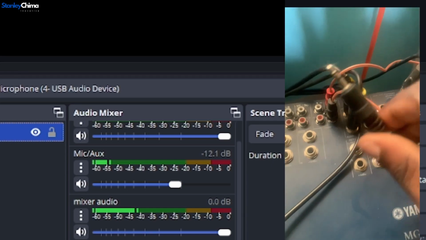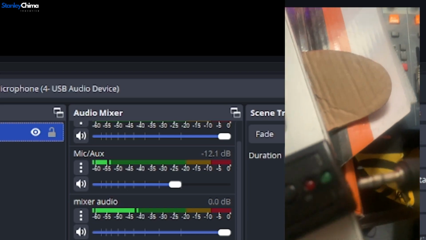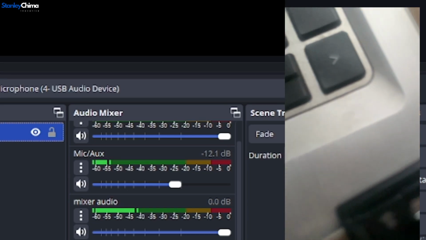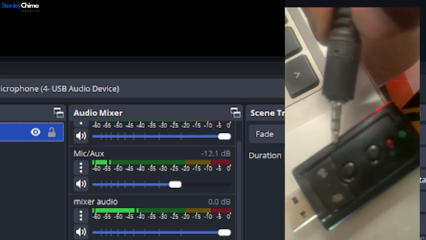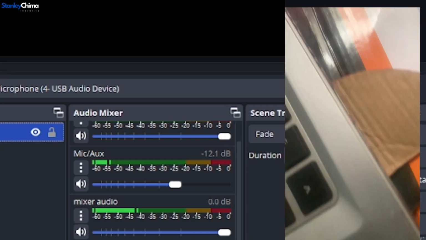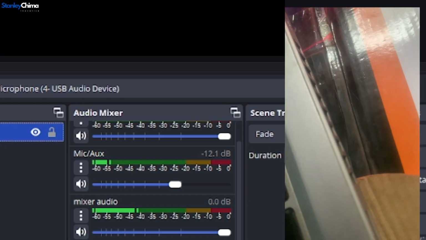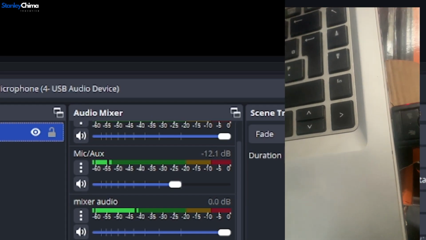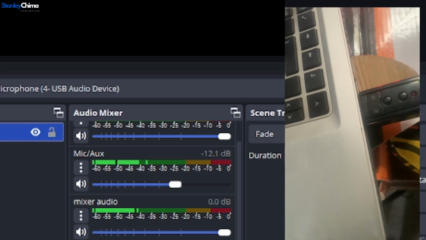Once you've blocked that, you now take this part and come to this particular sound card. You will see the part. This part is for earphone, for out, music out, or sound out. This is for sound in. So I'm going to plug it here. Now that I've plugged it here, I can now plug it into my this